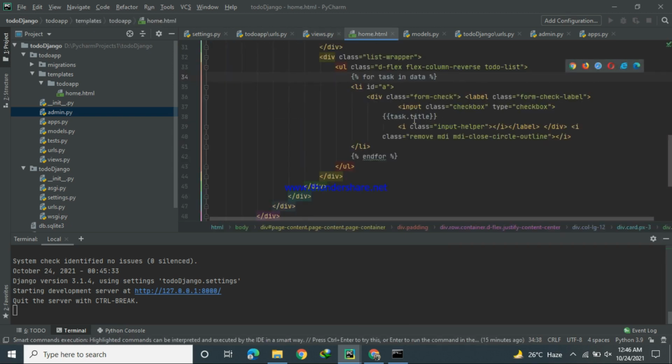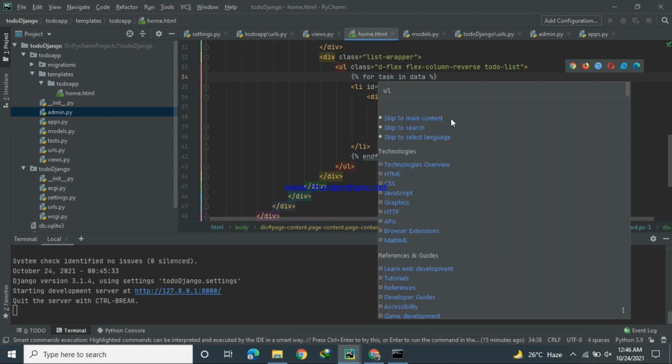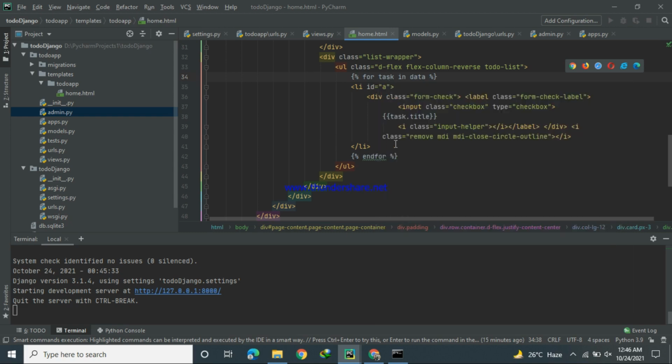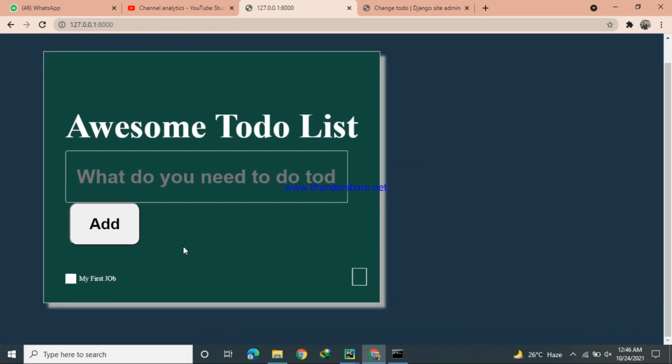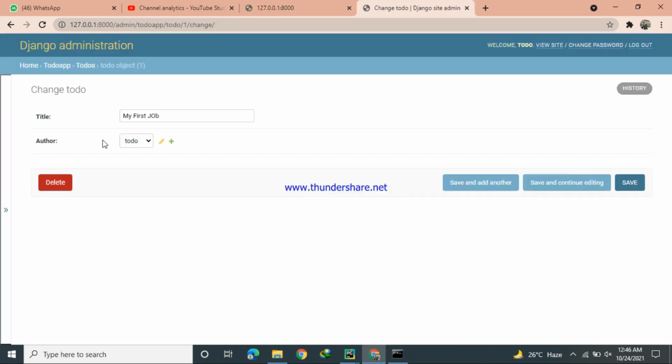So I applied here task, that is the variable that is created here, task.title. If I refresh this page, here I get my first title, my first job. That is this one.